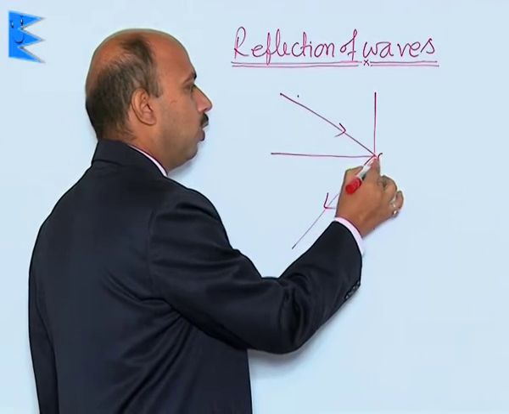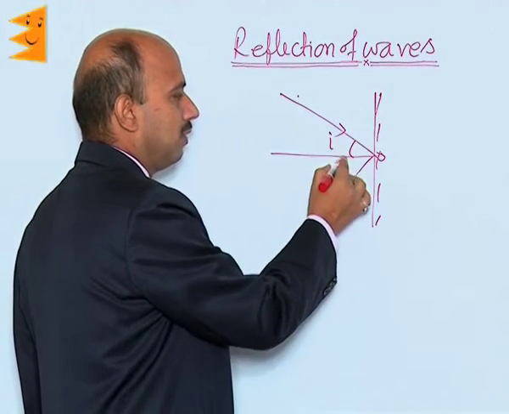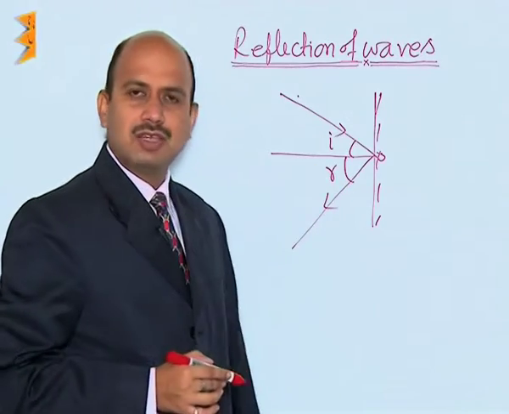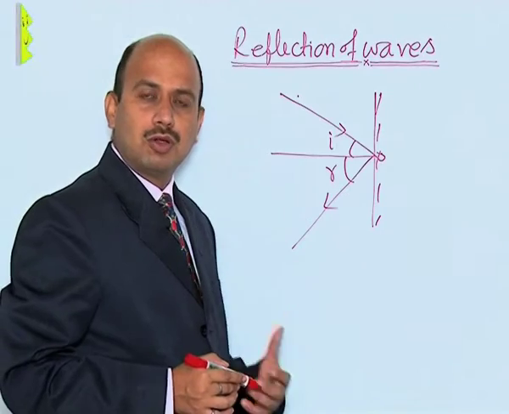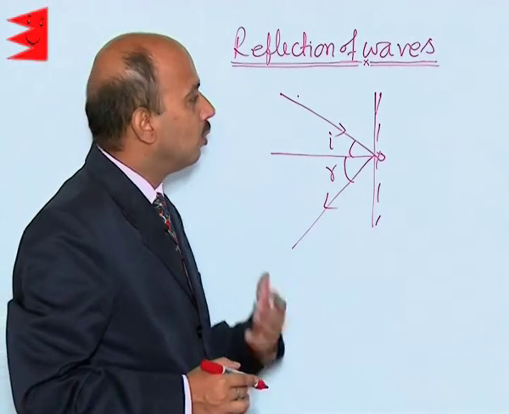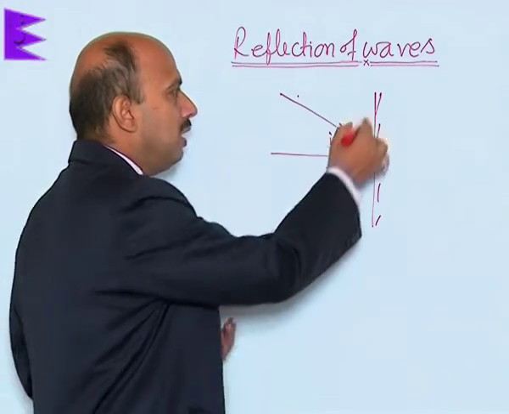And if this is the normal here, and this is the plane surface, then this angle is the angle of incidence and this is called the angle of reflection. Similarly, if it is falling on, suppose, a concave surface, reflection also takes place and the laws of reflection are obeyed here. Suppose the boundary is not rigid